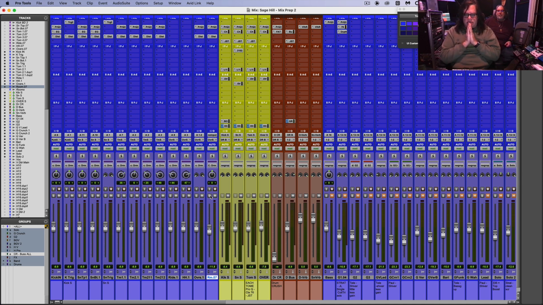If you can do nothing, do nothing. If you've got to put a little bit of compression on it, fine, a little bit. I would not touch an EQ in tracking if you're a drummer or whatever, because what happens is